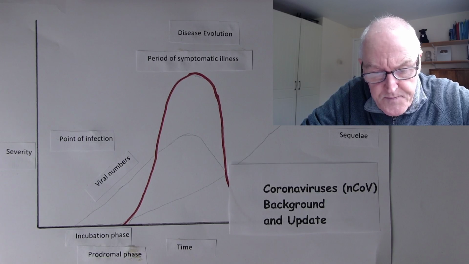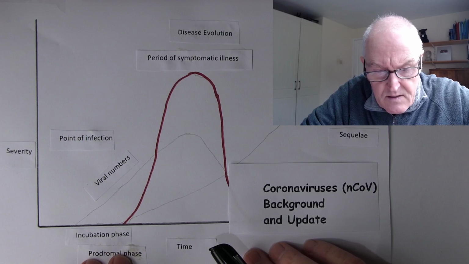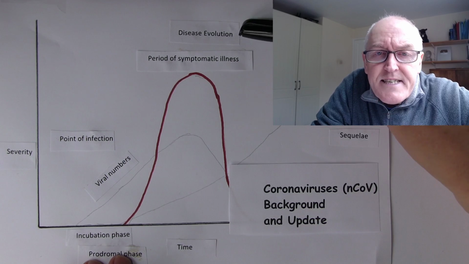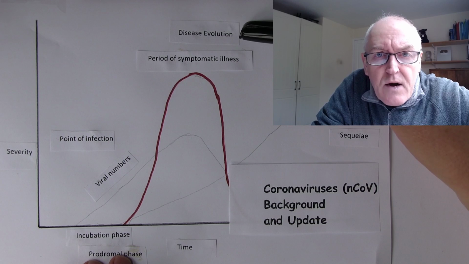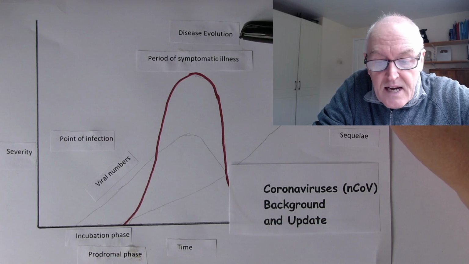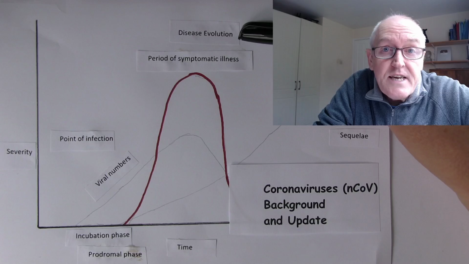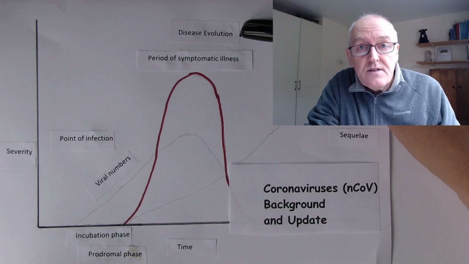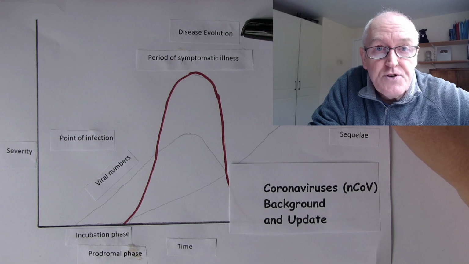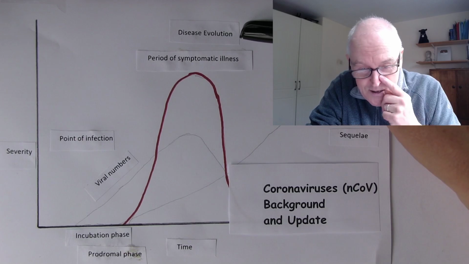We already know this. And this is the graphic that I use to teach the nature of infectious diseases, with particular reference to a viral disease. And this is what we call disease evolution. Now, evolution simply means change. Evolution means change. And in evolution of disease, there is change over time. So all diseases have their own natural evolution. They go through phases and hopefully they recover. Some don't, of course. The natural evolution of some diseases is terminal. But hopefully this one will be a recovery situation.